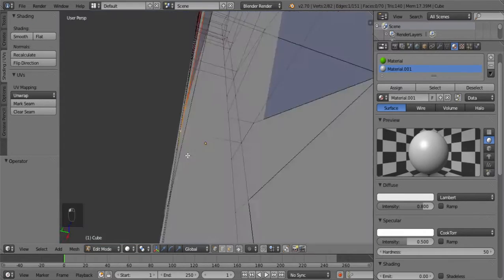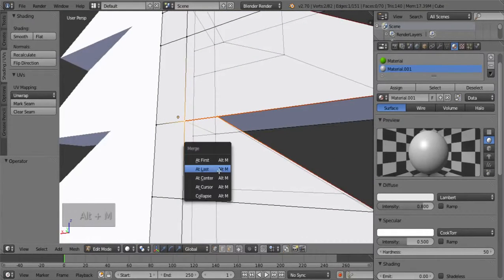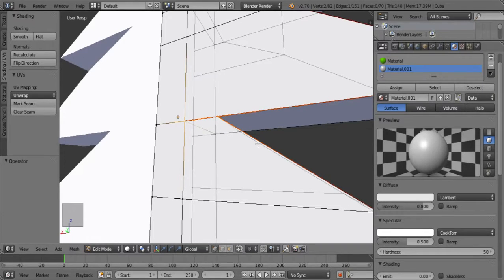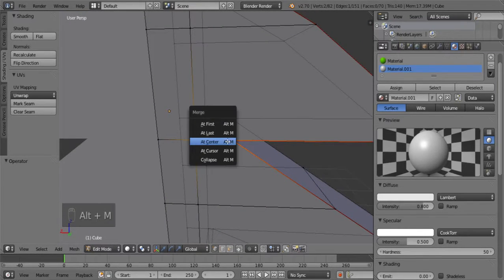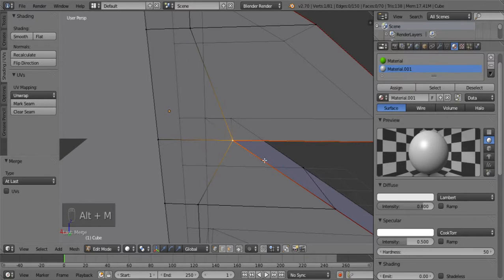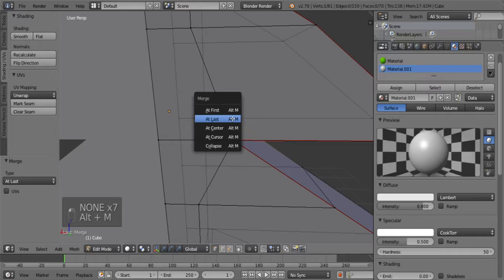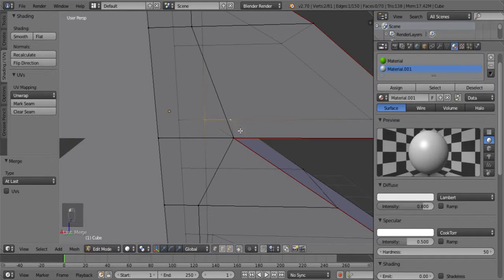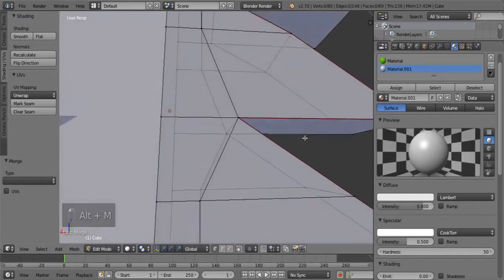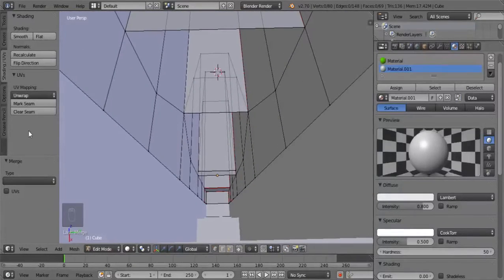And we're going to grab these two vertices, and we can merge them. Actually, we'll merge it at the most inner point. Actually, no, I take that back. We'll do the most outer point. So we're going to click in order of the inner one, then the outer one, Alt-M to merge, and we'll do merge at last. And then I'll pop it up forward like that. We're going to do it here again, Alt-M at last. Nope, didn't do that. Missed it. Alt-M at last. And now we got rid of that extra face that we had there,